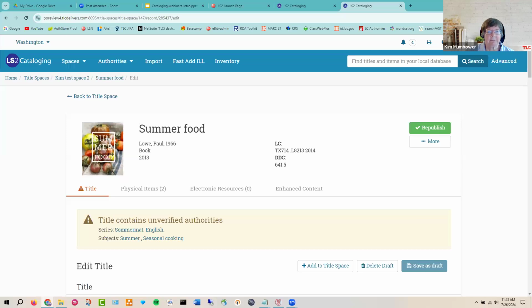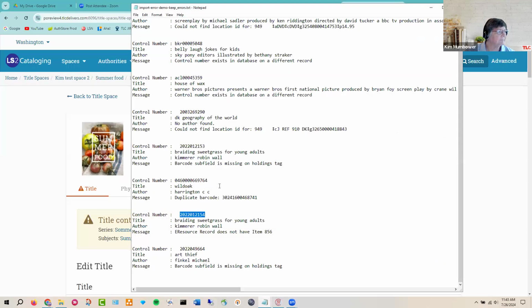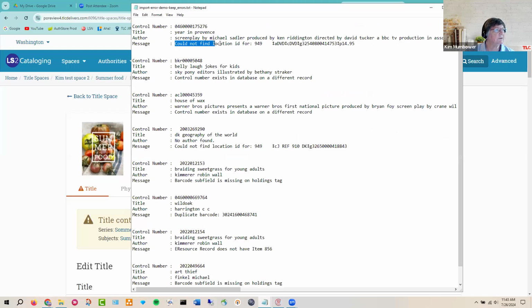Okay, I know I'm throwing a lot at you. Still got time. I've got one more item import error, two more to do, and I can just do this one really fast. Could not find location ID. This is a nice, straightforward error. Got Year in Provence. Could not find location ID for, and then it gives you a copy of the item